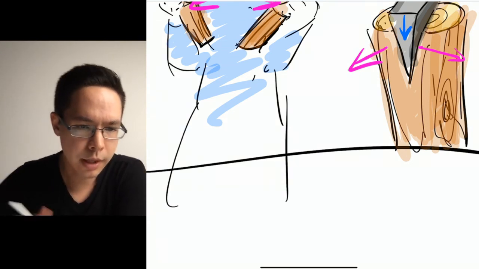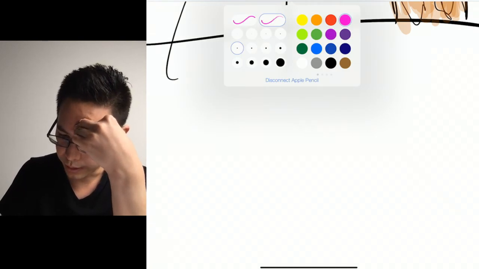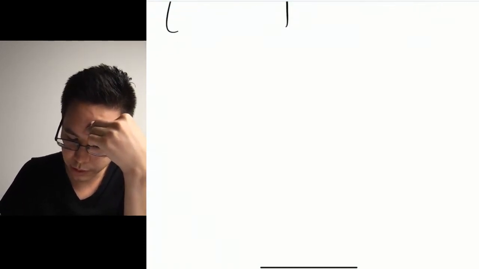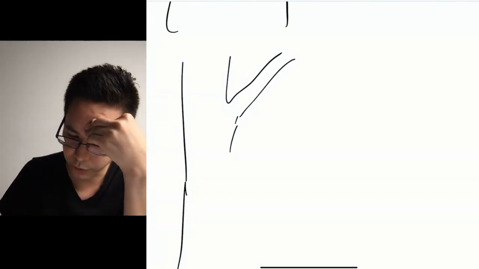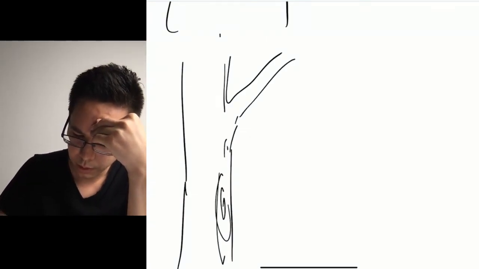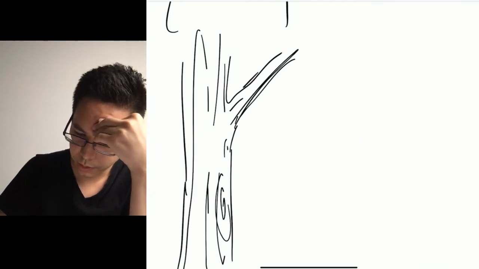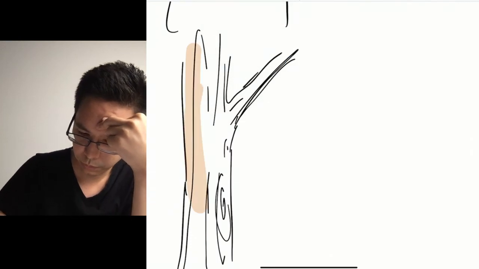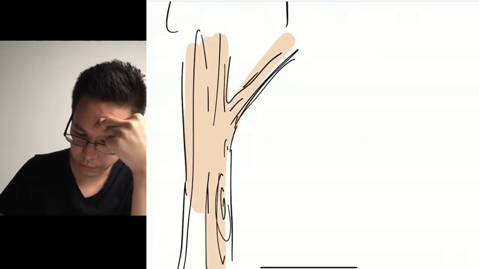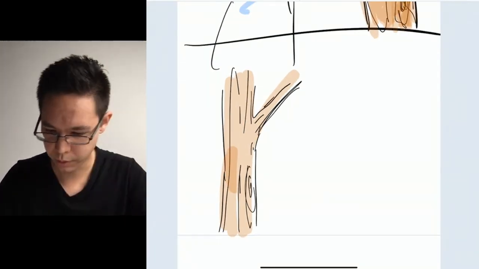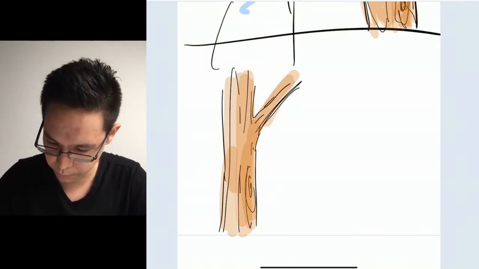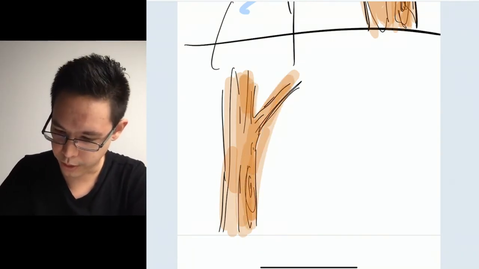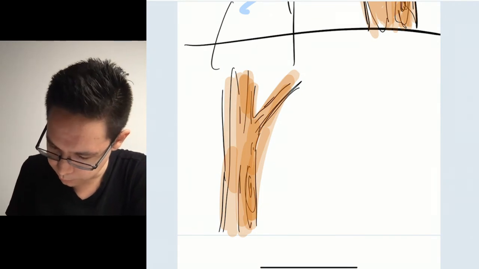What is a cross section? A cross section is... Is it relevant? I don't know how to answer your question if it's relevant with any certainty, but I just want you to imagine here I've got a tree. Oops, the highlighting here is not doing too great. Okay, so here I've got a tree, and then